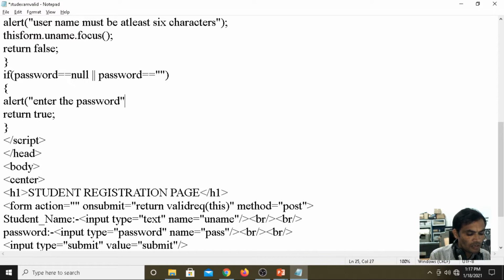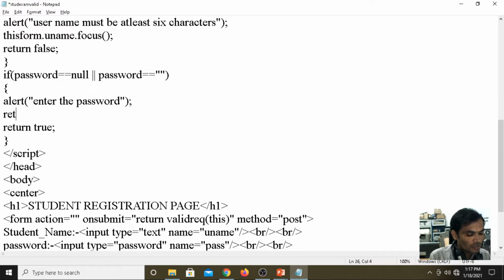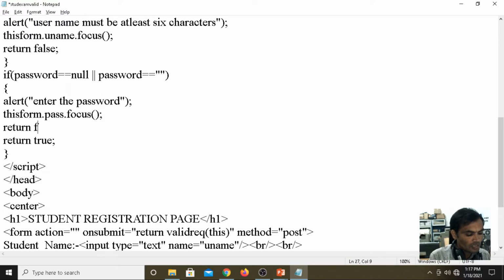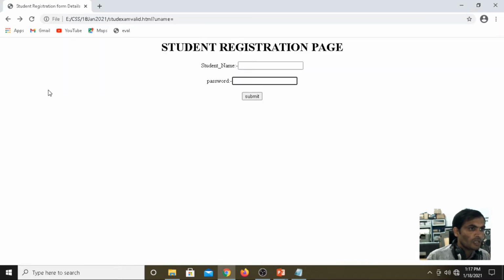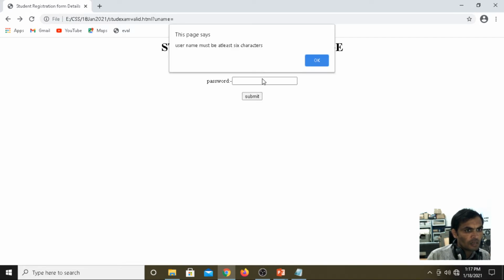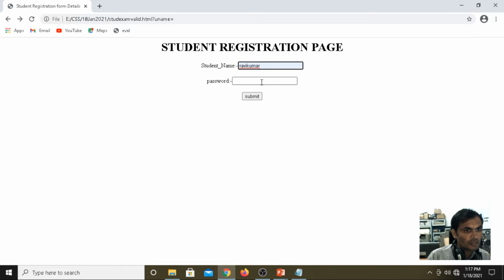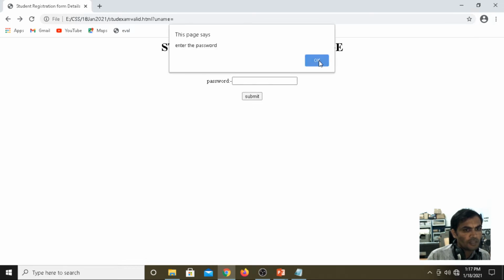Then this.form.pass.focus, return false. This means for the password, if you give null or empty, it says enter the password.